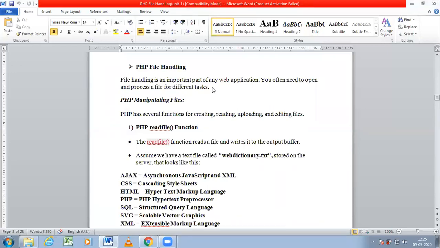Suppose, for example, you have written a PHP program and you want to enter some user data. You can give the data from the keyboard. In the C language, similarly, you can give the input data from the keyboard.